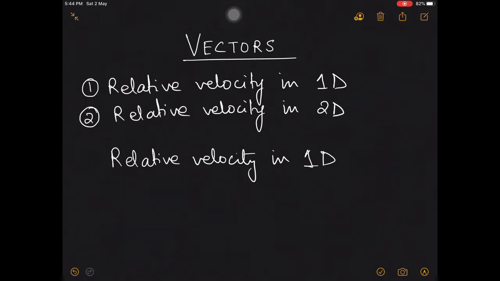It is one of the trickiest parts of the class 11 physics syllabus, right? And you can also say that calculation of relative velocity is one of the applications of vectors. In today's lesson, I will deal with relative velocity in one dimension and relative velocity in two dimensions. So let's get started.